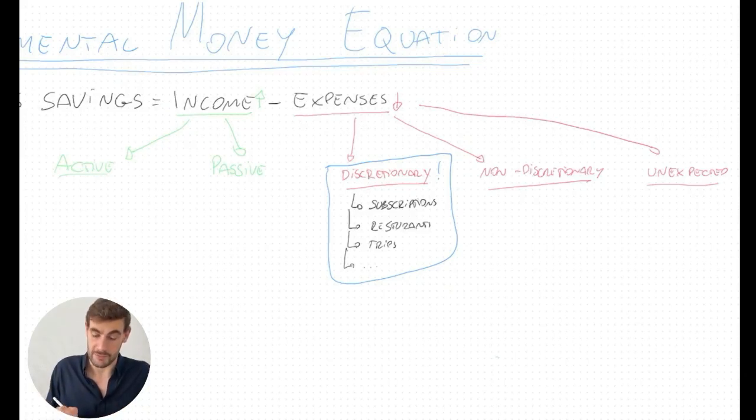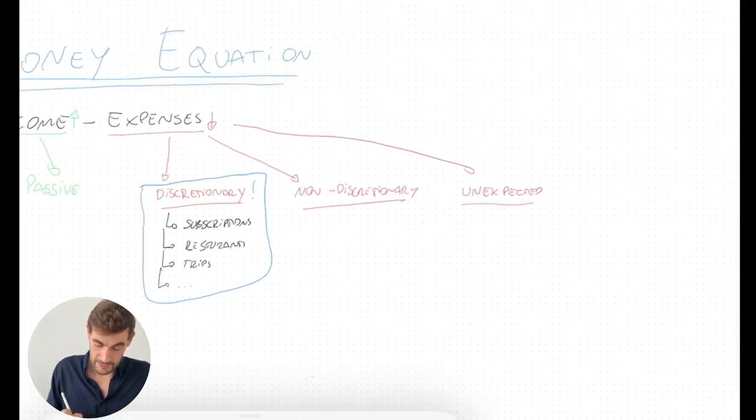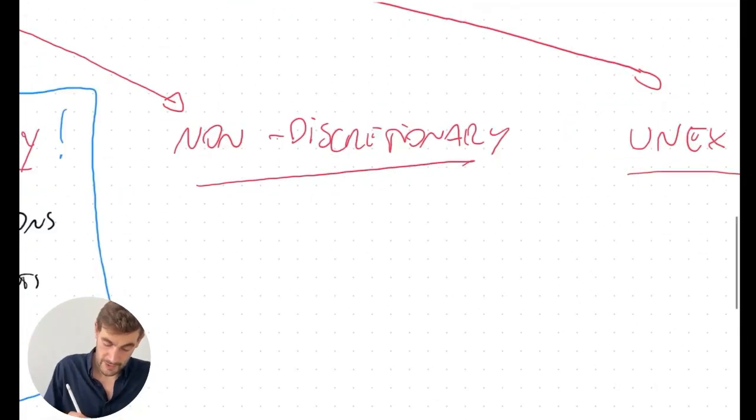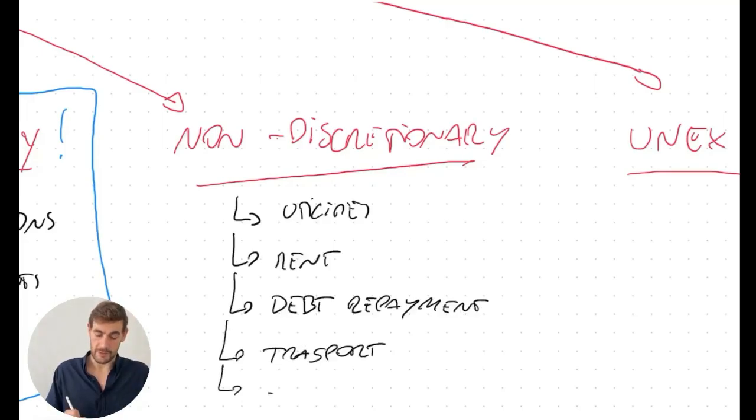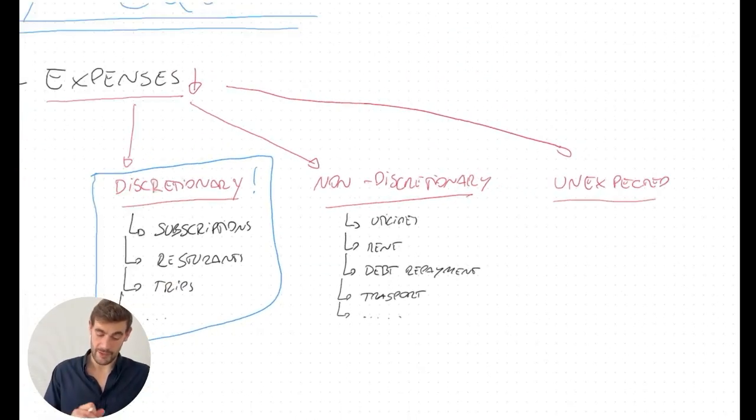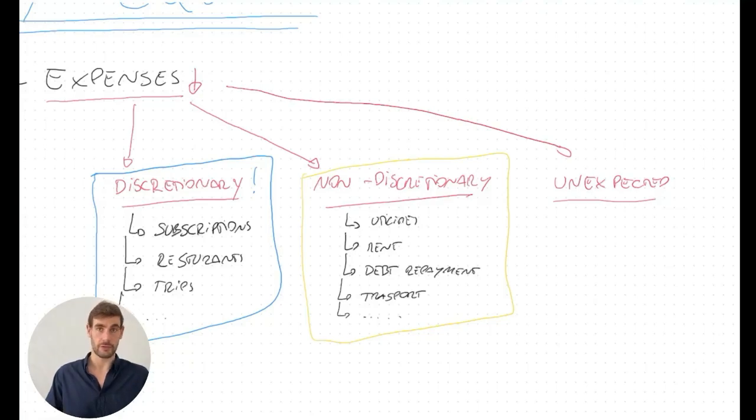In terms of non-discretionary spending, here we have the expenses that are related to utilities, rent, debt repayment, transportation, etc. These are all those expenses that are necessary to survive on a monthly basis. And so these ones can be cut, but it's a little bit more complicated to do. Usually they need some negotiation to be done properly, and they take longer to cut. But if we are able to reduce these ones, they usually tend to be a good windfall for the monthly expenses.